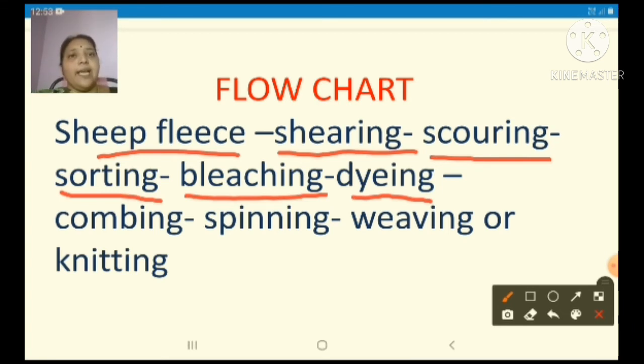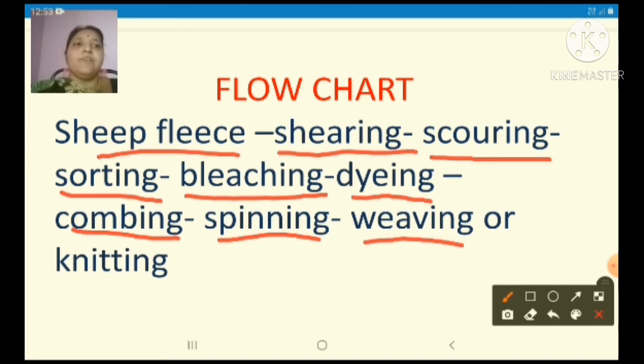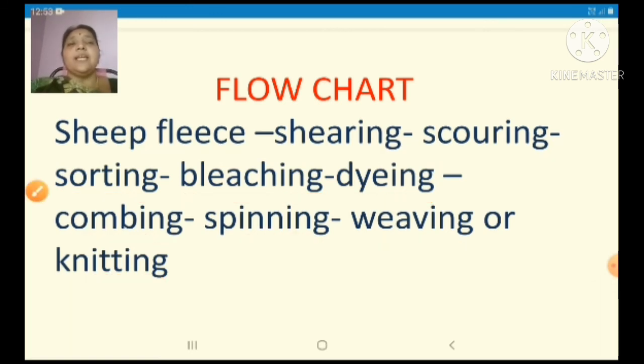to the woolen hair, and then it is combing, where in this process we are straightening the woolen fiber, and then it is spinning, where we are making woolen yarn from woolen fiber, and then it is weaving, where we are using this yarn in making the woolen fabric and also knitting. So weaving and knitting, these two processes are used in making the woolen fabric or woolen cloth from the woolen yarn.